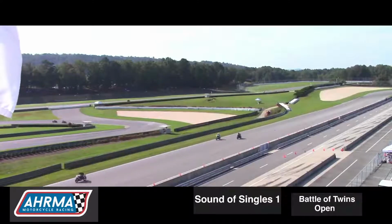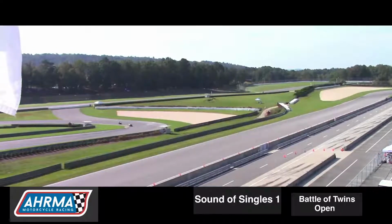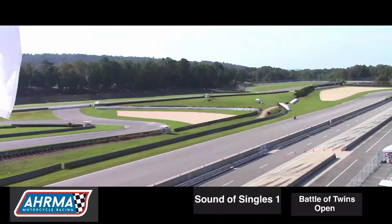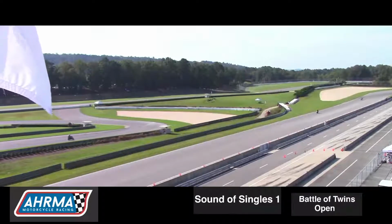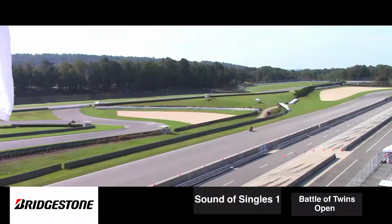Here comes your third place rider, bike number 553. Actually, it's 14, Brian Laraber. He got the better of his battle, turning it on late here in the race, so move Brian Laraber up to that third step of the podium. That means 553, Paul Canale back there in fourth, and 35R, Scott Billings rounding out your top 5. White flag should be coming out this next time by for